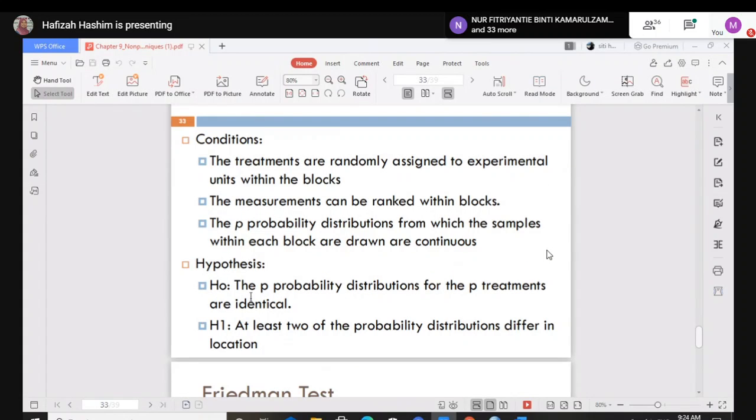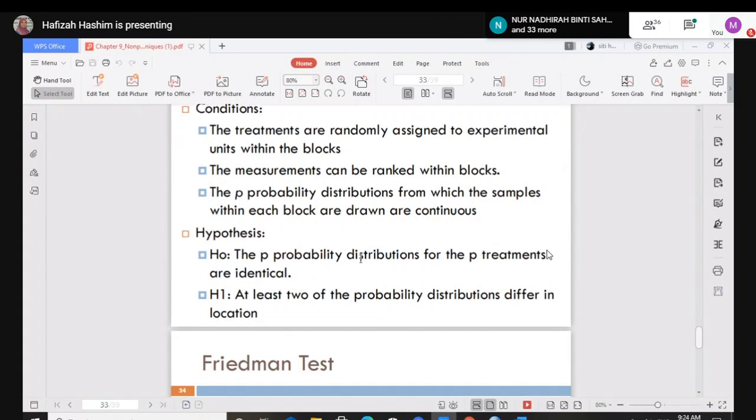The probability distributions from which the samples within each block are drawn are continuous. So the hypothesis here: the probability distributions of the treatments are identical. The H1: at least 2 of the probability distributions differ in location, at least 2 are different among them.